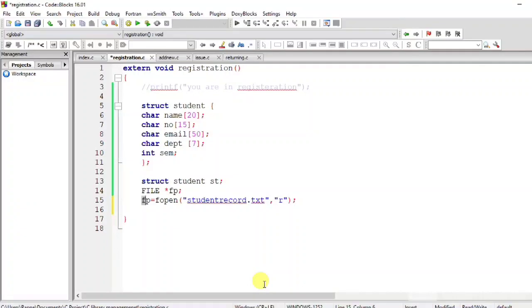If our file is created properly and opened in write mode, its address is assigned in fp. If fp has a null value, it means the file was not successfully created, or it did not successfully run in our RAM. So we check fp, and our condition is: if fp equals null, it means